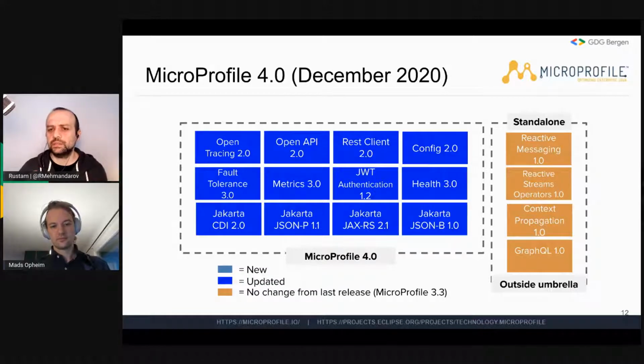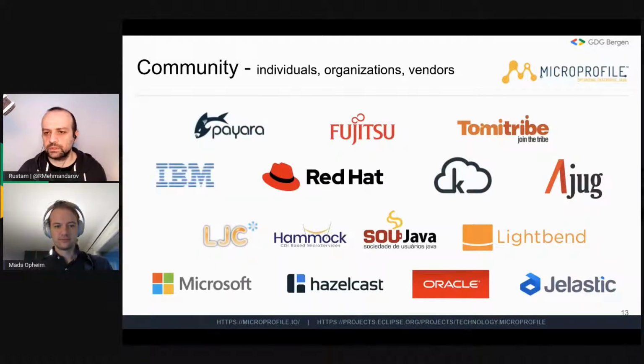So this is what happened in MicroProfile 4.0. All of the packages got version updates, but usually if you go between minor versions, some packages would be left unchanged, so their versions would stay the same and the other ones would be upgraded. Right now everything is blue in this image, right? And then there are also some other cool things like GraphQL on the side. But anyway, that's a little bit about